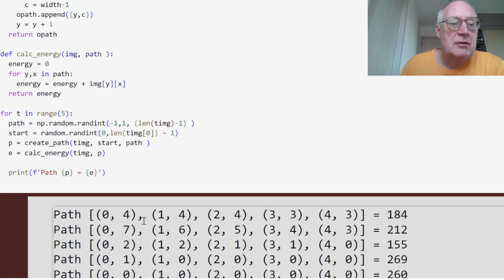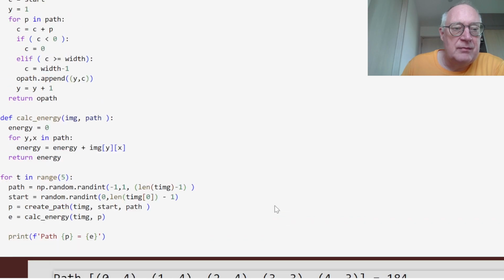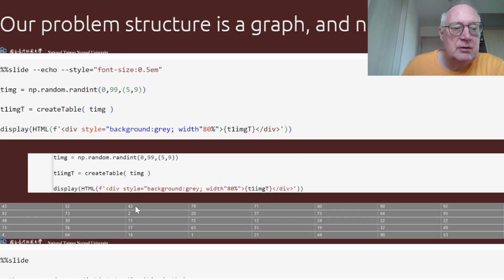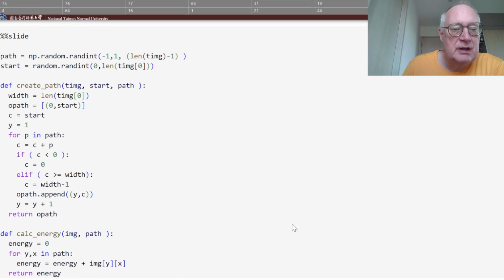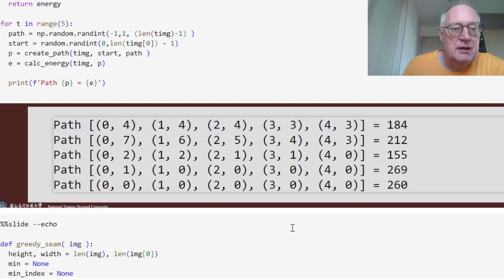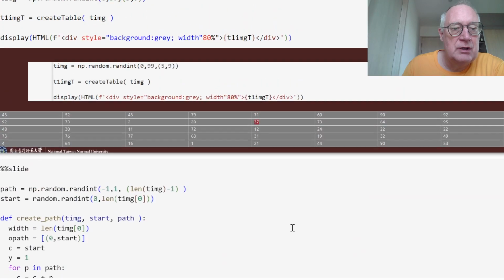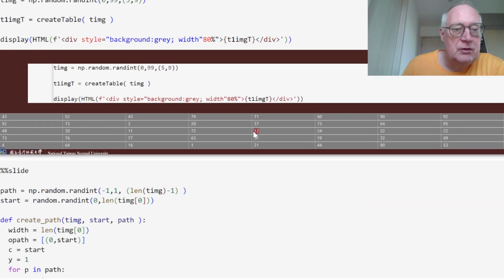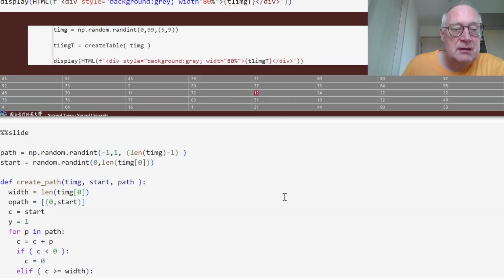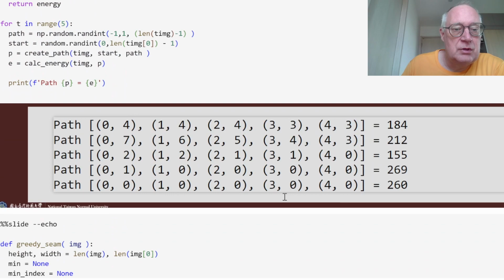So here we have 0, 4, 14, 24, then 33, 43. So I start at 0, 1, 2, 3, 4. So we start with the 71. Then we go down, 37, so we have about 108. 108, then we go down one more, 12, 108, 110, 120. And then we move to